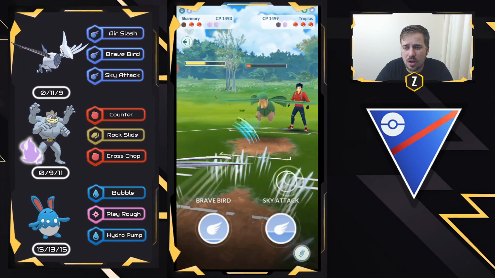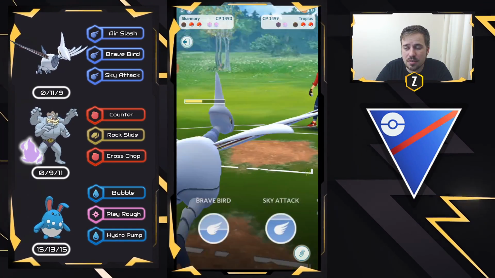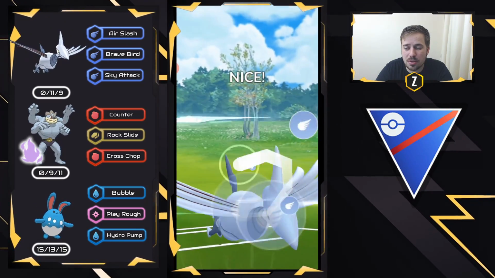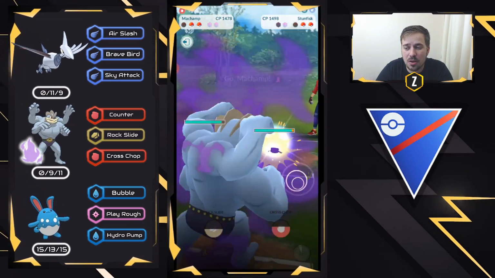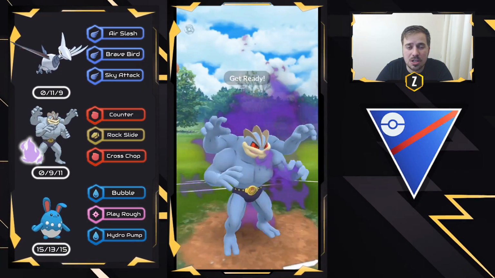We're going to commit to the farm down, and what we got to do is you got to be landing Brave Birds on Galarian Stunfisk. It does a lot of damage, even though it's resisted. So we're going to go ahead and go for the Brave Bird right here. Make sure you hit that excellent, and then we're going to swap out a Machamp. As you guys can see, that did quite a bit of damage. We swap out, and we chunk the health, and we are going to see a Skarmory come in, which is fantastic because Machamp can handle this